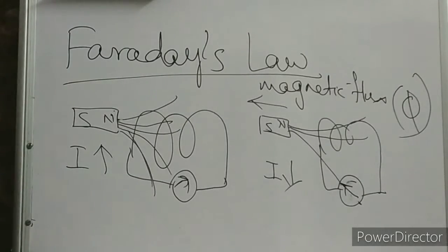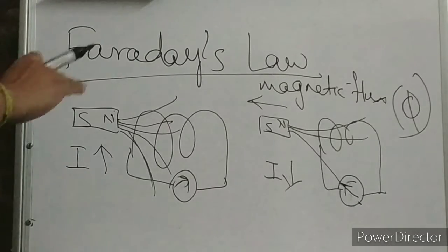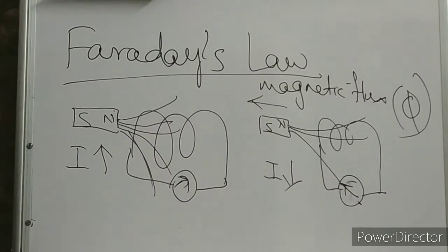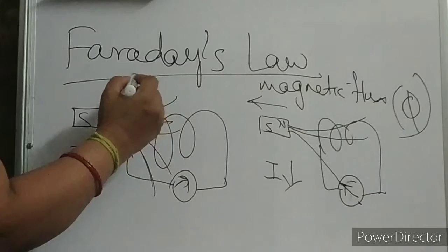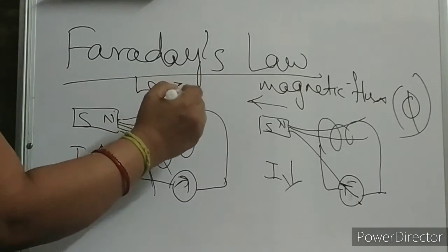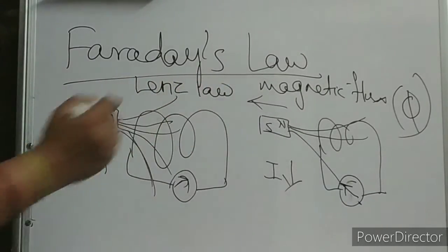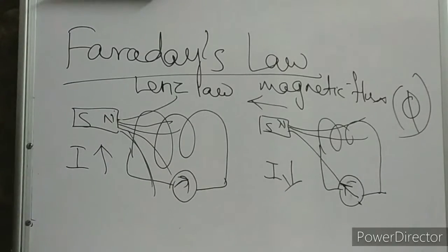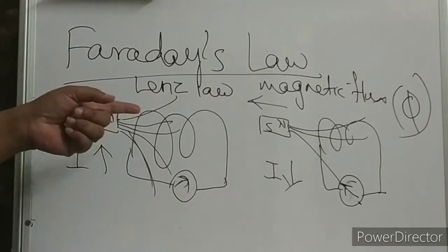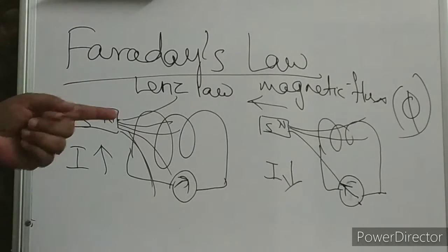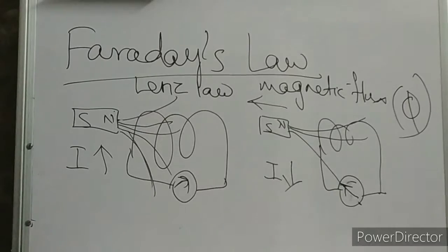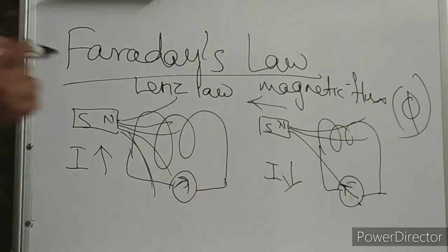in the negative direction. What is actually happening here, why are we getting this difference? In class 12 you are going to study Lenz law in detail. What is this Lenz law, children? I am going to write it over here. Lenz law. I think some people know about this Lenz law. Any idea what this Lenz law is, children?